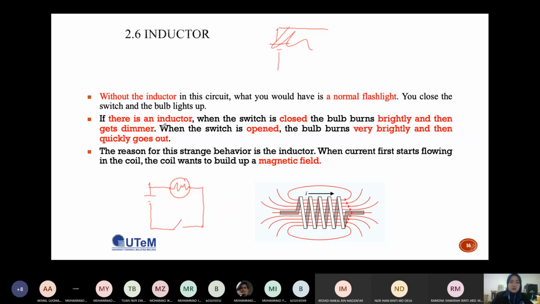So without an inductor, what you would have is a normal flashlight. Meaning if right now the switch is turned off, no current will flow, and the light will turn off. But if the switch is turned on, the current will flow and the lamp will turn on. Okay, but if there is an inductor,